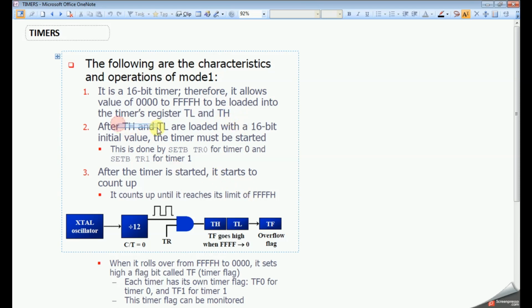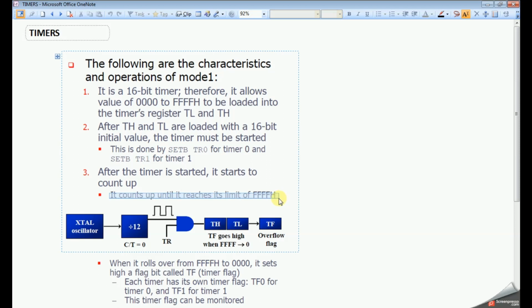After loading TH and TL with a 16-bit value, the timer must be started using TR1 or TR0. After the timer is started, it counts until it reaches the maximum value.